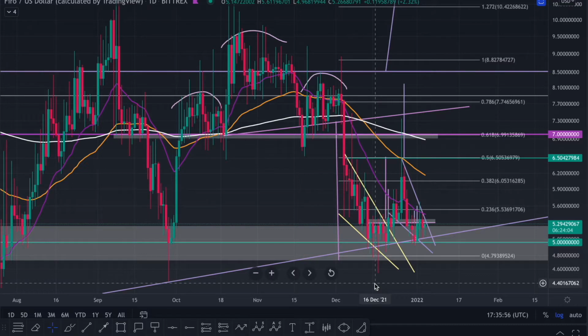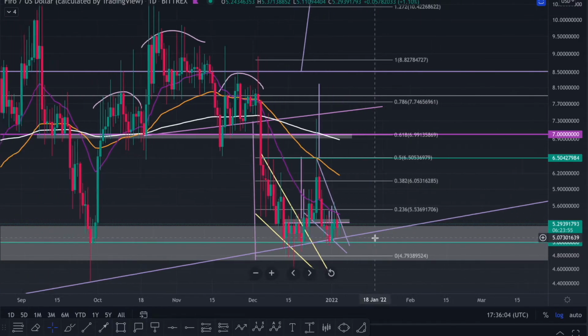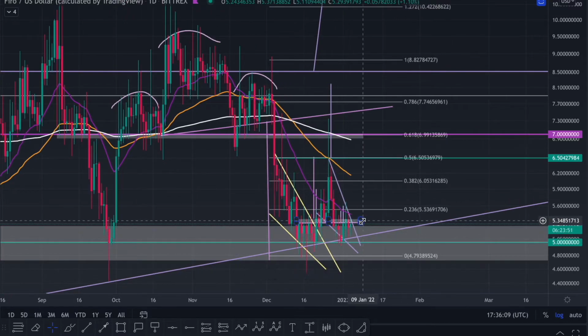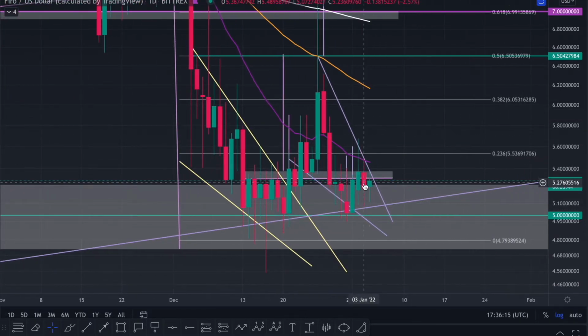We're going to take a look at the daily time frame first, and we're still holding above $5, basically another day above $5. This is all good. Yesterday you actually came all the way down to this ascending triangle support and you were tapping it, but you couldn't close below it, and you had a nice bounce, basically telling us that the bulls were stepping in at $5.06, pushing you back up to